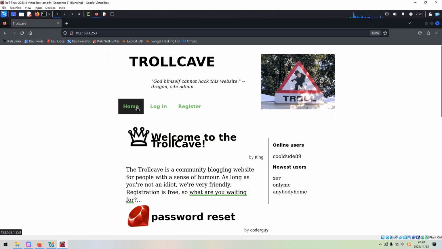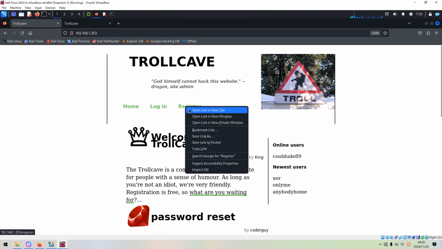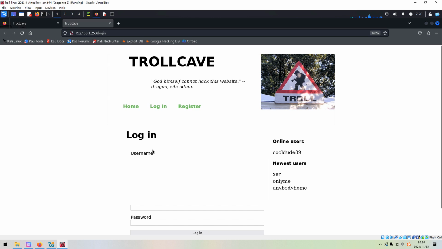Here there are some links like home, login, register. Let's open such hyperlinks in new tabs. Register: I don't think the registration is available. It's closed, so I think we can ignore the register. And how about login?